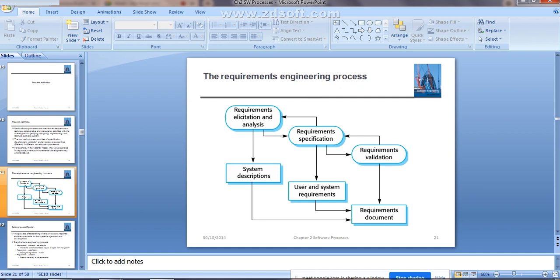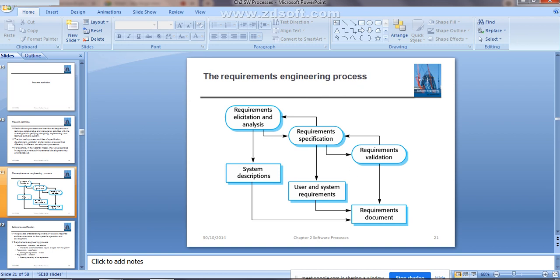So, the requirement engineering process we are considering here consists of 4 different types of activities. In the diagram, we have shown only 3, but one more is there: the feasibility study. Before requirement elicitation and analysis, we will have a feasibility study also.